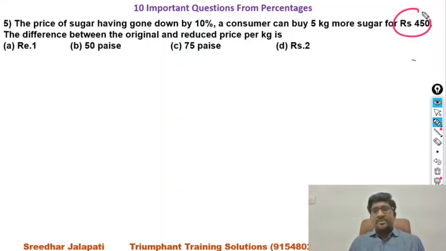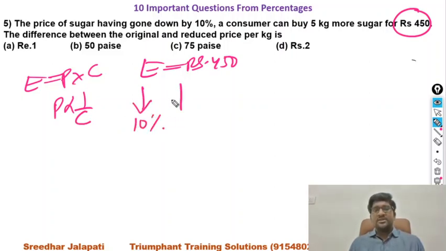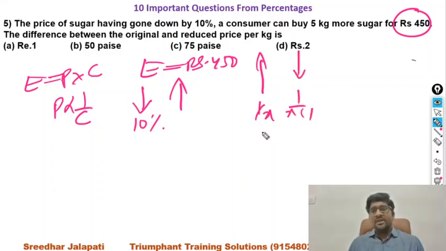When he is spending 450 rupees in each case, the expenditure is constant. As expenditure is equal to price into consumption, if expenditure is constant, price is inversely proportional to consumption. As price reduced by 10%, consumption increases by, according to the rule, if decrease is 1 by x plus 1, we know that decrease is 10%, which is 1 by 10. If 1 by x plus 1 is 1 by 10, then 1 by x is 1 by 9,